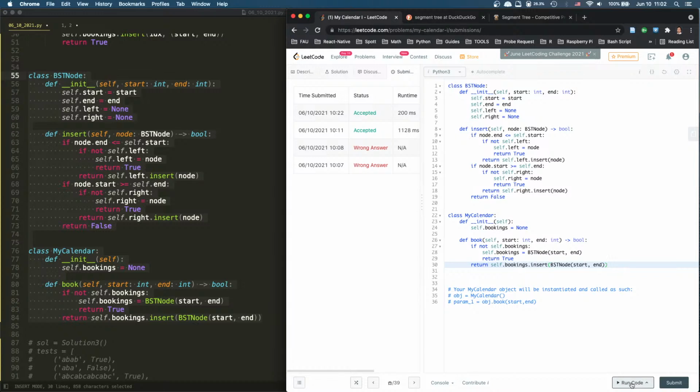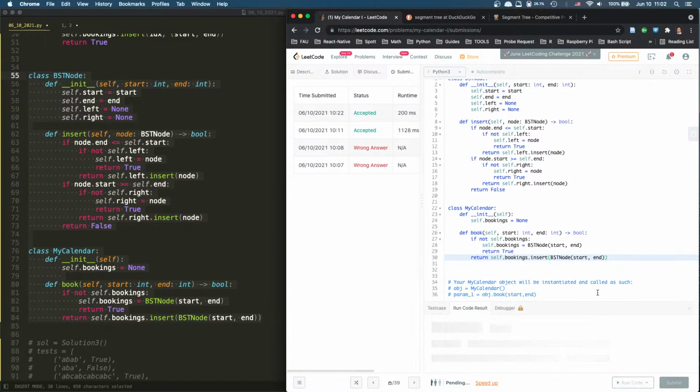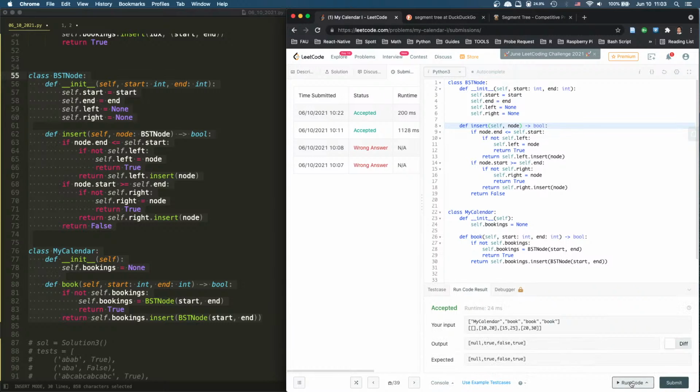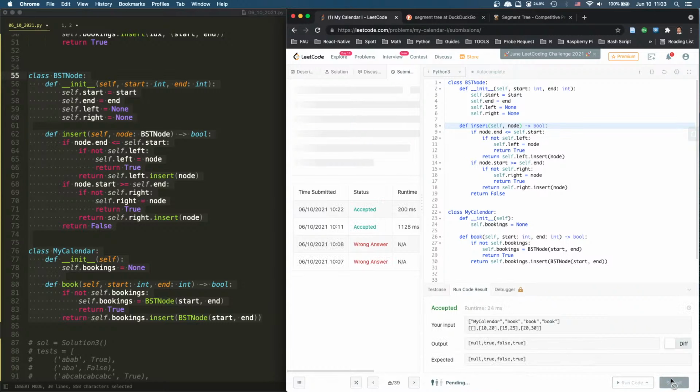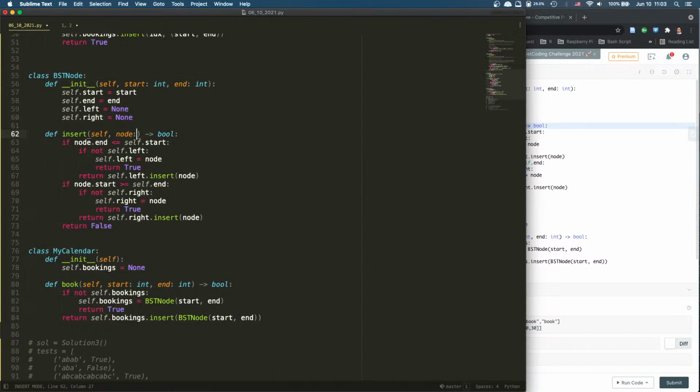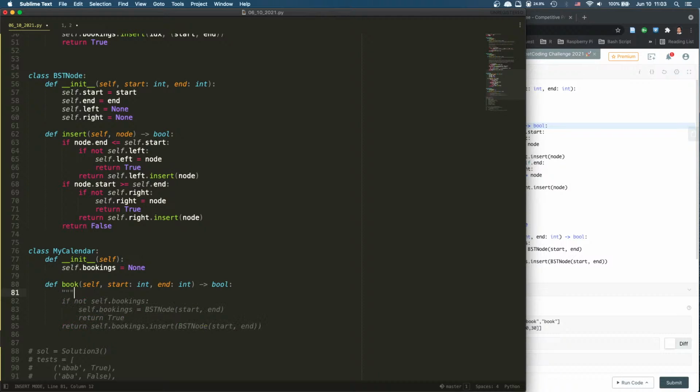Alright, let's try the test case. BST node is not defined. Alright, let's not be fancy. Let's just do this. Okay, try it. Alright, yeah, it's fairly fast. It's fairly fast. So this is the official